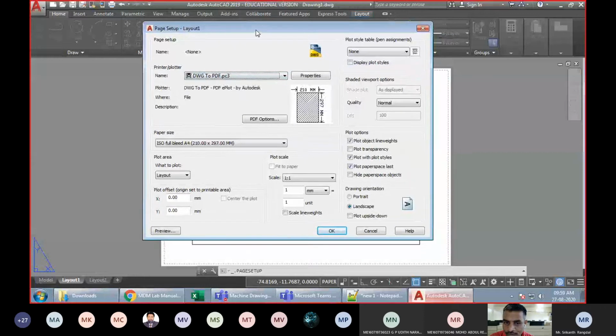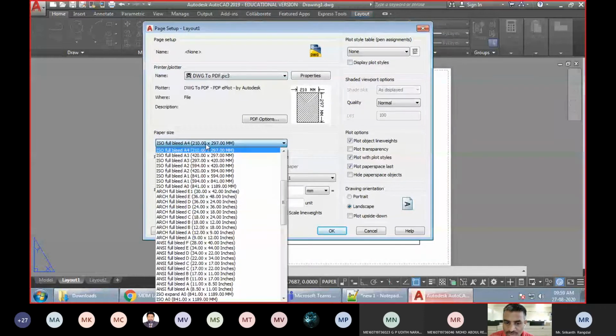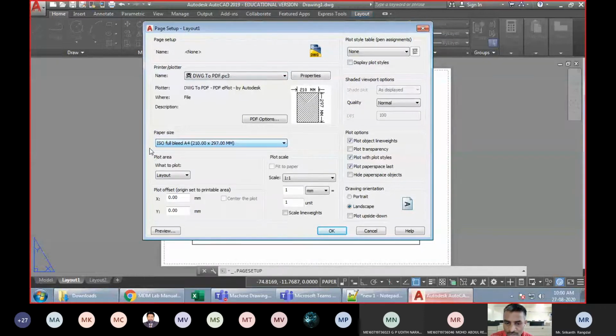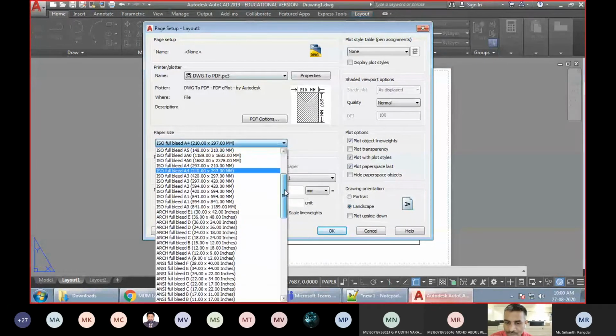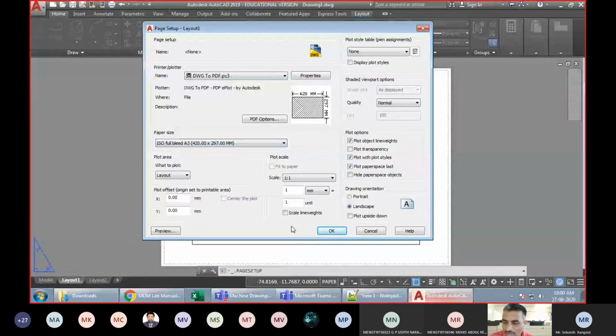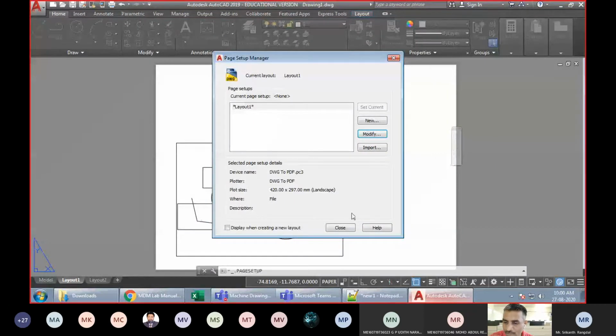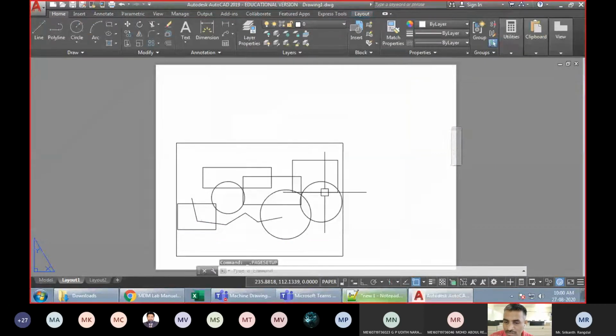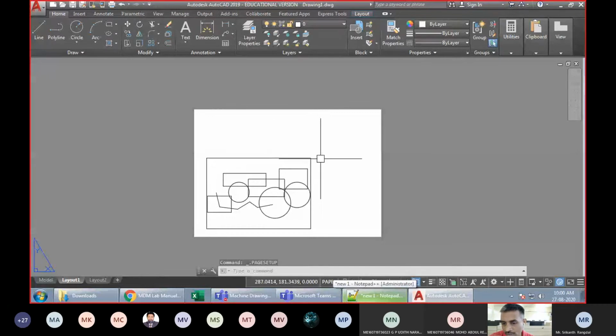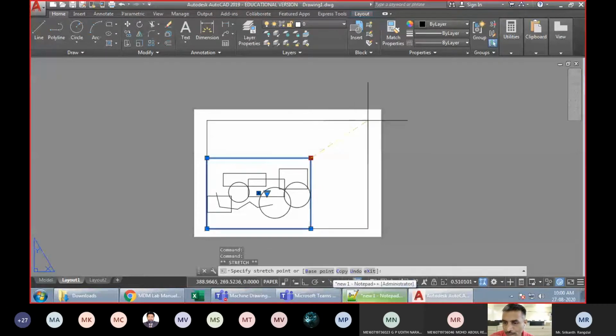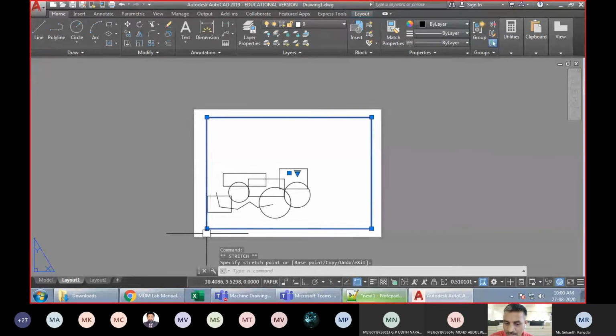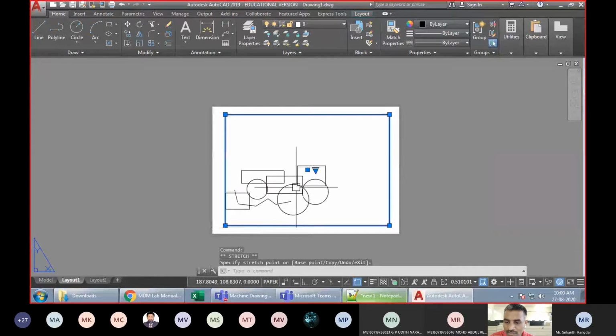Fine. And here you can choose the paper size. You can see here A4 size has been chosen. If you want a bigger size, double of A4, you can go for A3 size. And accordingly, the same will be displayed here. Initially you can see it was set to A4 in the beginning, but now it has been changed to A3. So A3 size is a bit double. That's why you can see larger area present.